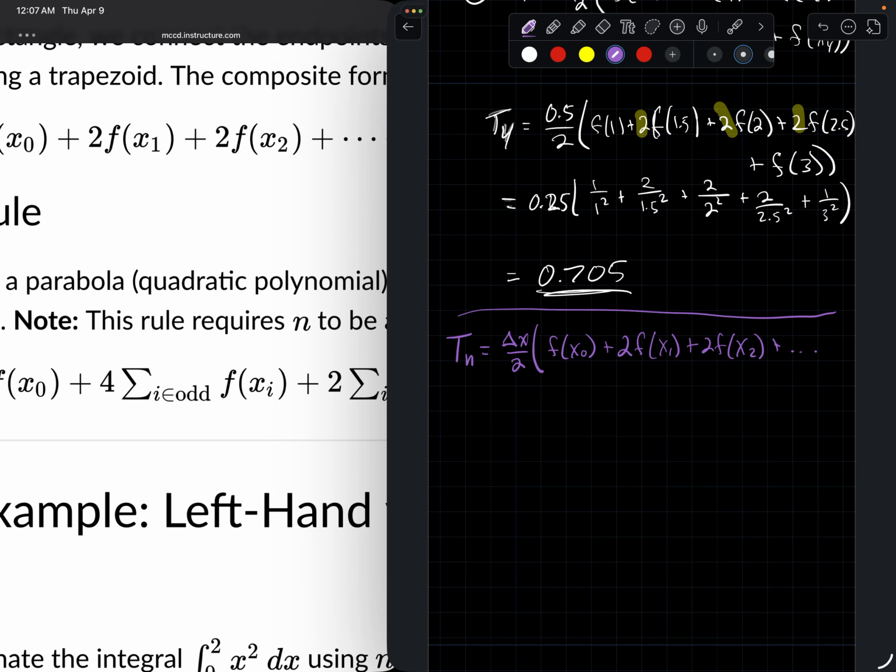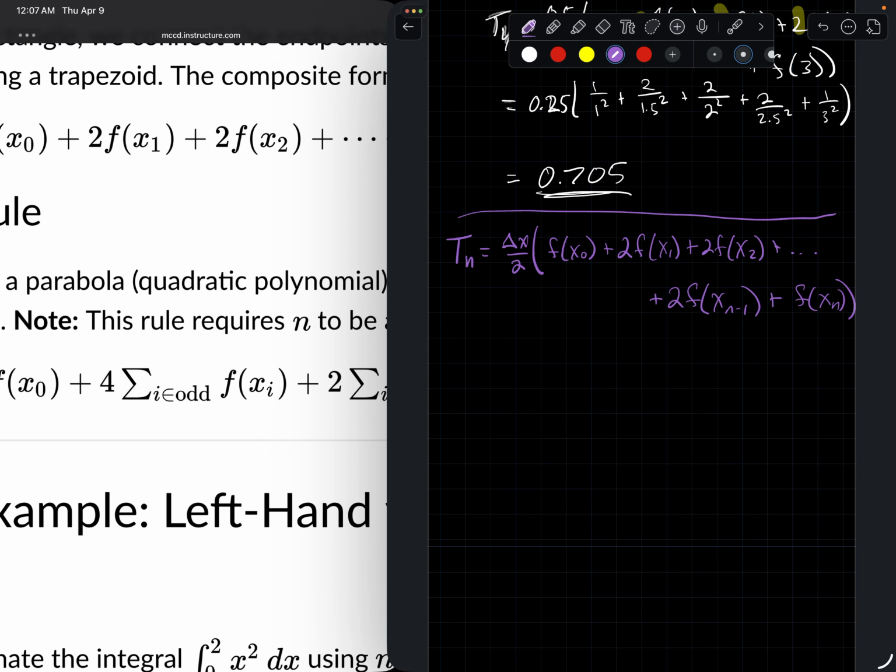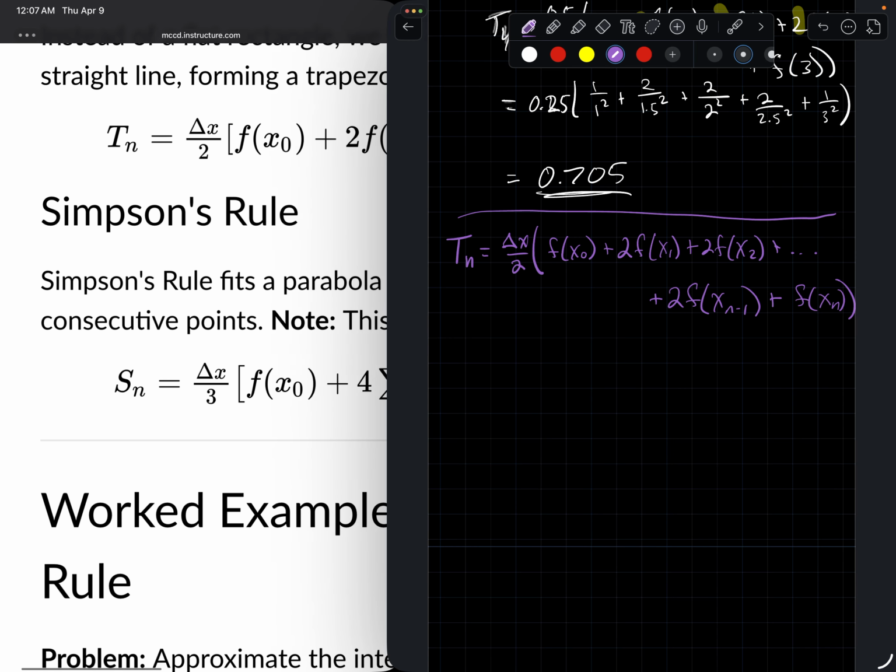And you keep going, and when you get close to the end, you still have 2 f of x n minus 1, but then the very last one has a coefficient of 1. Now, I'm making a big deal out of that, but that's the key, because when you do the Simpson's rule approximation,